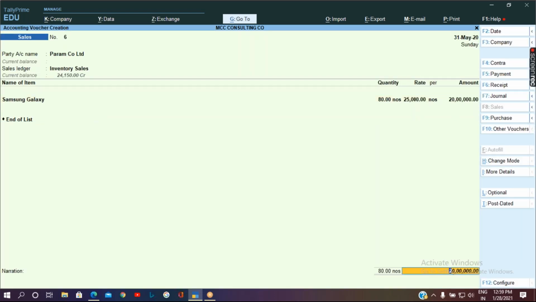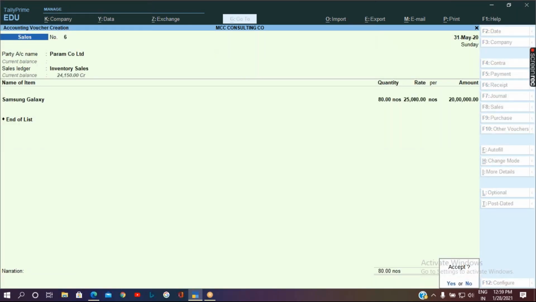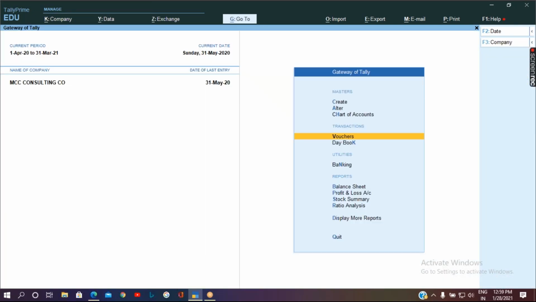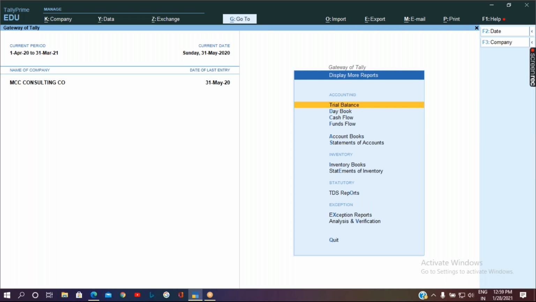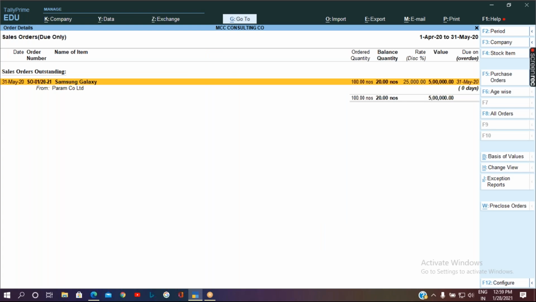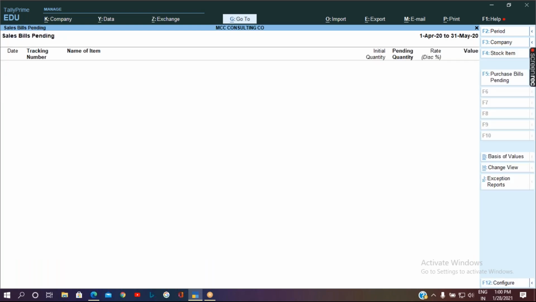Now this transaction starts with the reference number, that is the bill-wise details, for which we are supposed to give the reference number, new reference, accepted. So now if you go and check in the reports, display, statement of inventory, sales order outstanding will remain 20 quantity, whereas the sales bill pending will be 0.